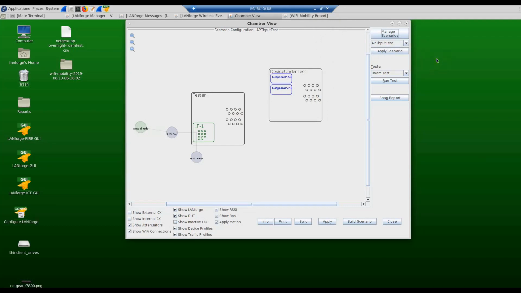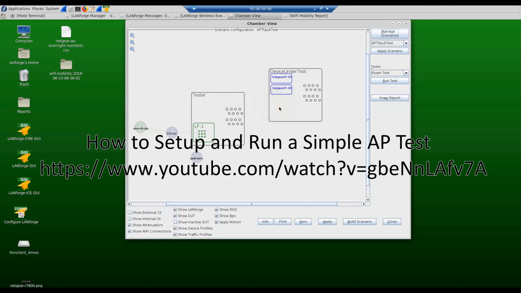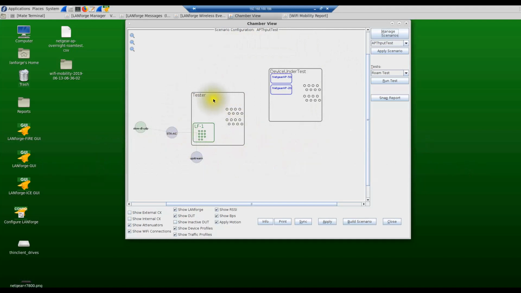Okay, now let's look at a simple roam test demonstration on the Netgear R7800 access point. So in this scenario, we're using the AP testbed that we had, where we have the LANforge inside a tester chamber and the Netgear AP in the device under test chamber. We can certainly put the LANforge system in the same chamber as the device under test, or we can do this test without the chambers if you find a clear channel, because you're using a forced roam method and we're not using any programmable attenuators for this particular test. I would recommend that you watch the video on how to set up a simple AP testbed and how to create a test scenario in the LANforge system before you watch this video to show how we get to this